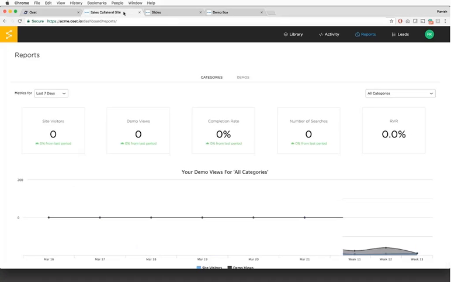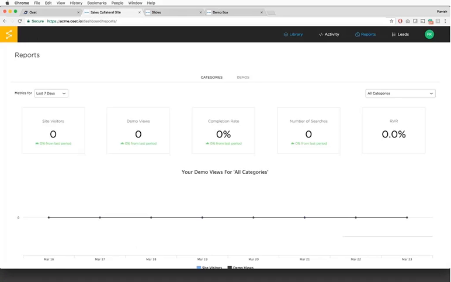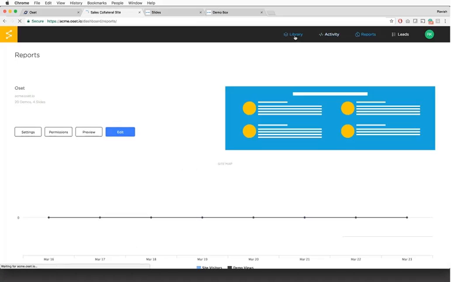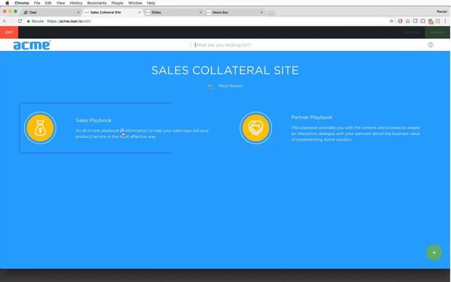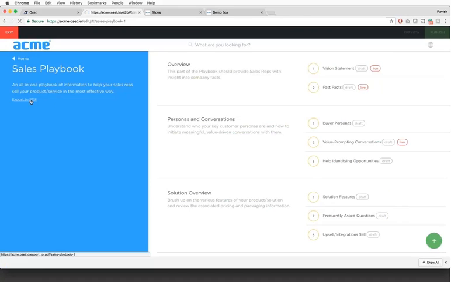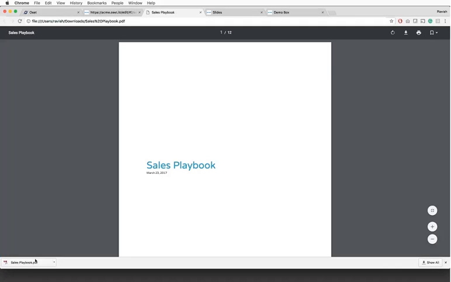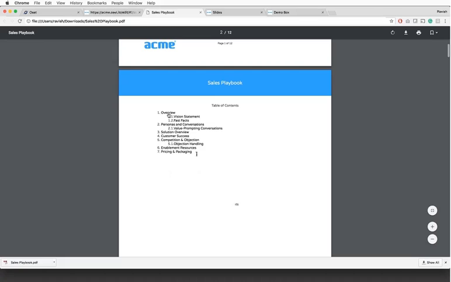Now, one of the things that we talked about as a part of this repository or the site is the ability to actually export it to a PDF. So let's say we want to actually have this information as a PDF because we need to consume this on the go. So let me just see. Okay. Yeah. So you can see now I just downloaded the PDF